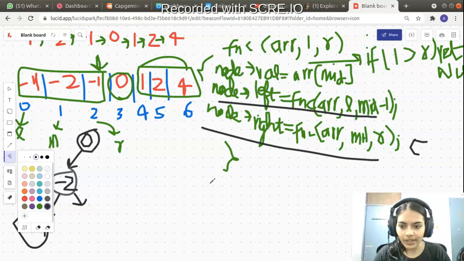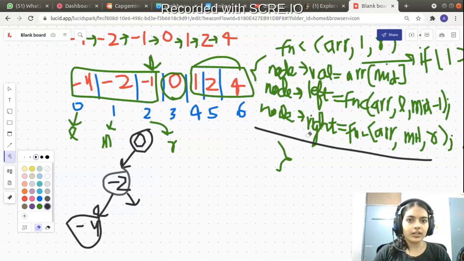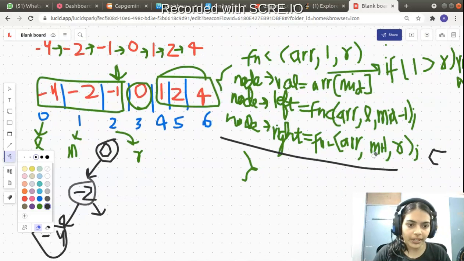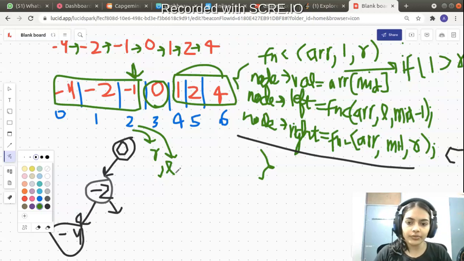Next, we have come to this particular line, and in this line you have this function call. So what do you have to do? You have to follow it. So mid plus 1 is going to become the new left. What is mid? Mid is 1. 1 plus 1 is what? 2. So your new left is also going to become equal to 2. And your right is anyway 2. We are not changing right.